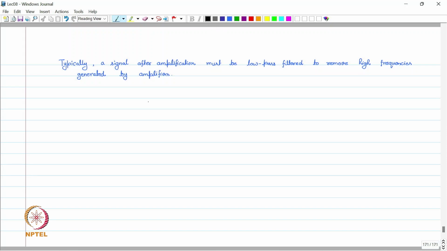So for example, we have a signal which is amplified by an amplifier, and when we filter it,